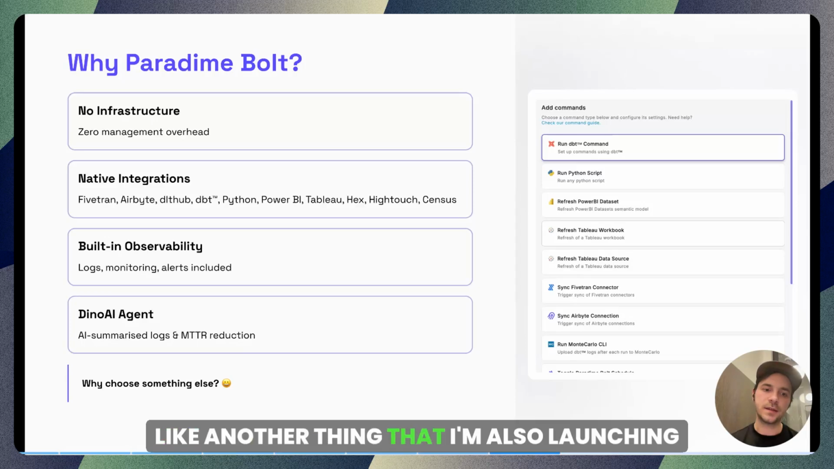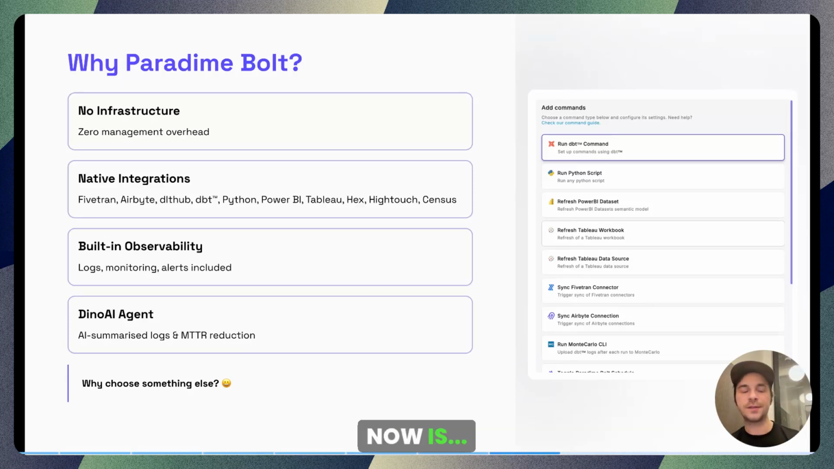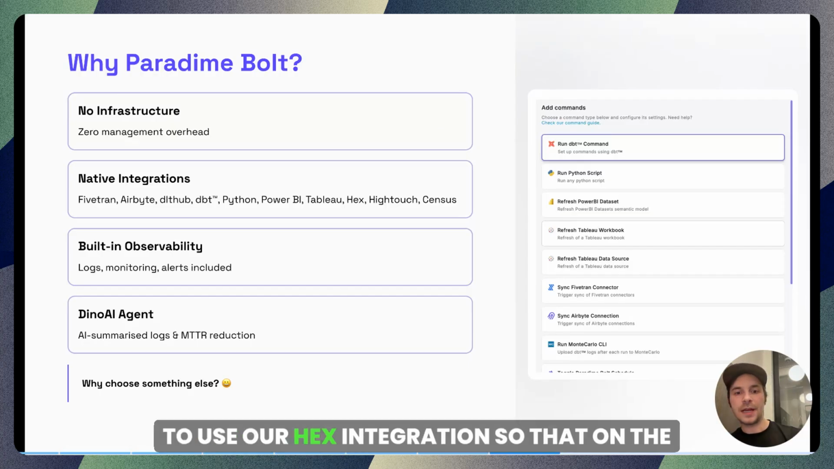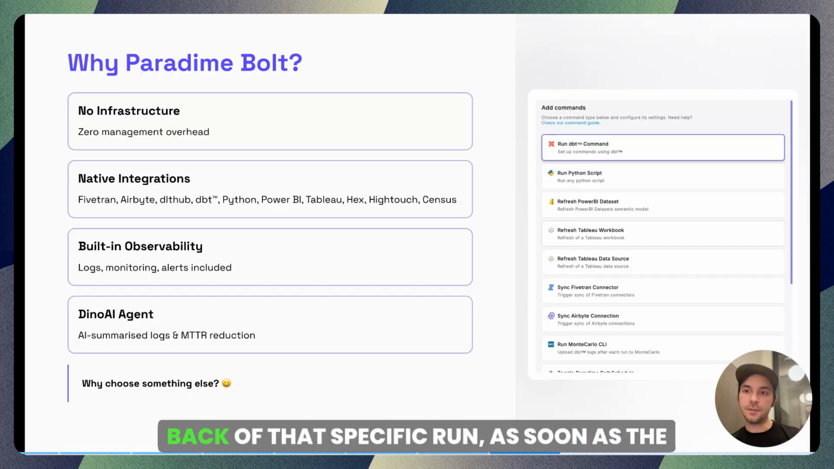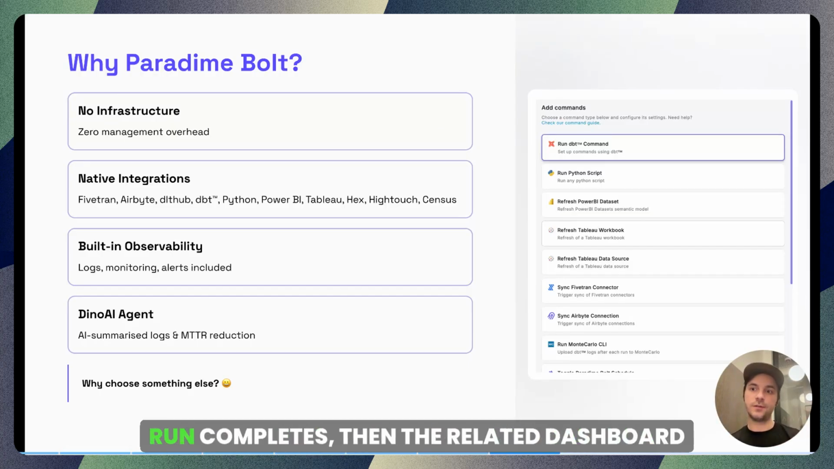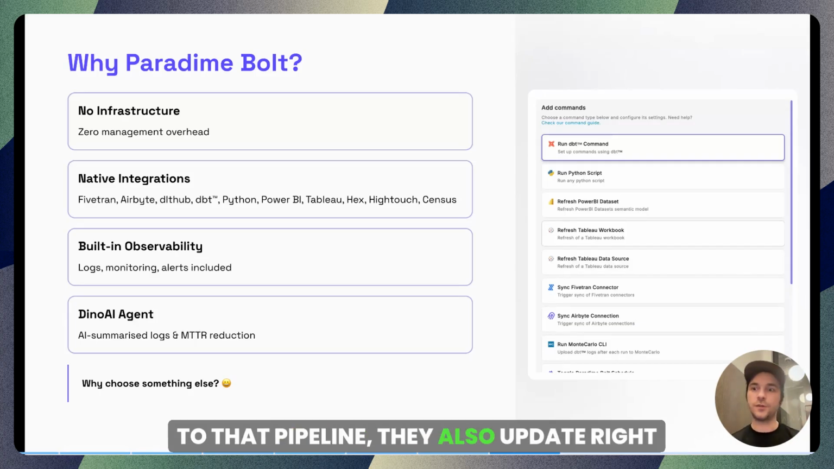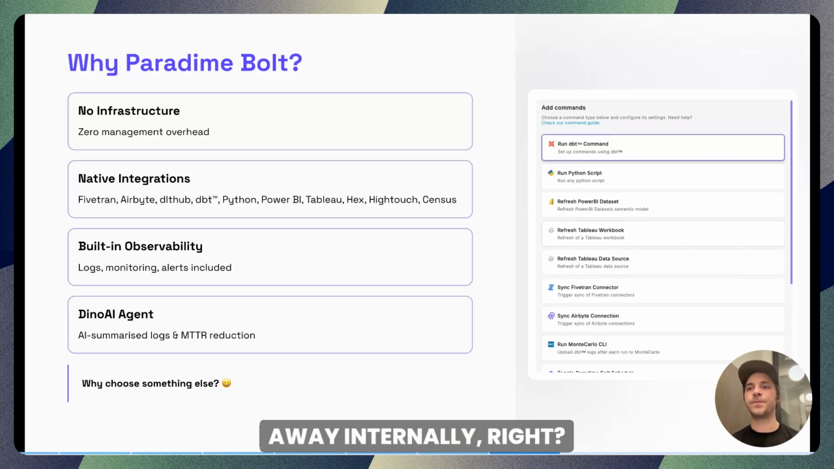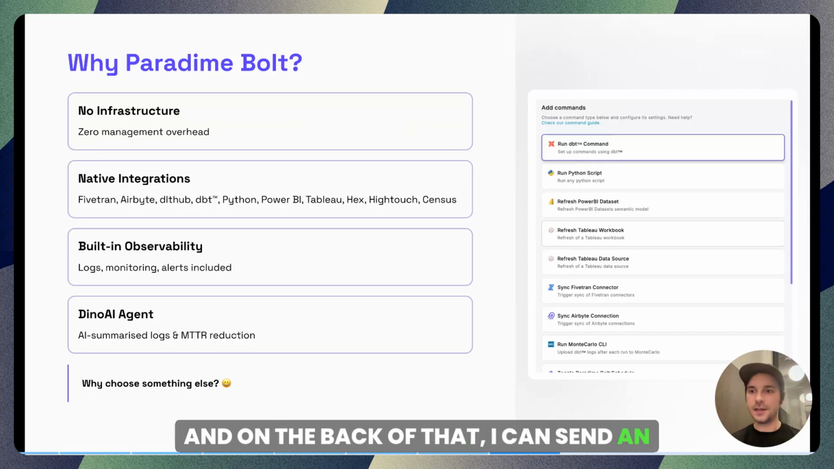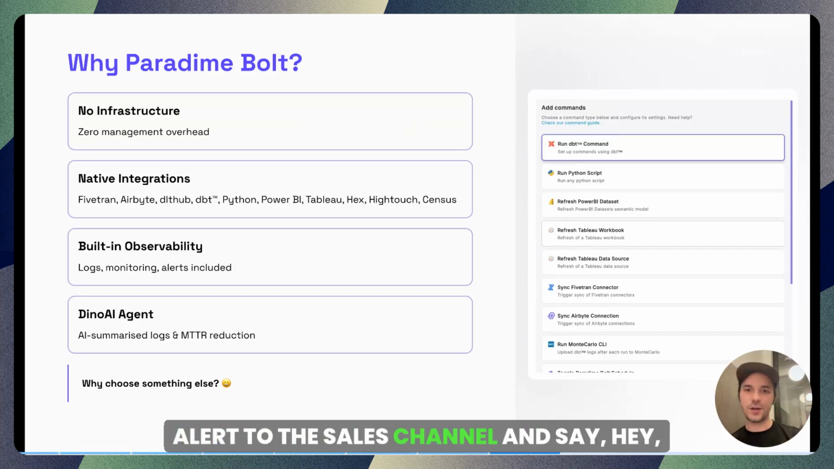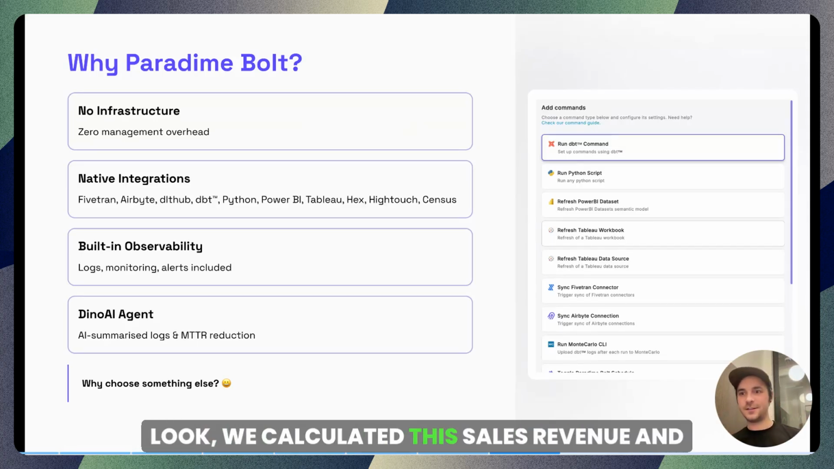Another thing that I'm launching now is to use our Hex integration, so that on the back of that specific run, as soon as the run completes, the related dashboard to that pipeline also updates right away internally. And on the back of that, I can send an alert through the sales channel and say, hey, look, we calculated this,